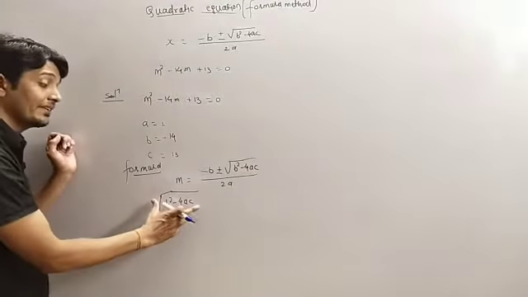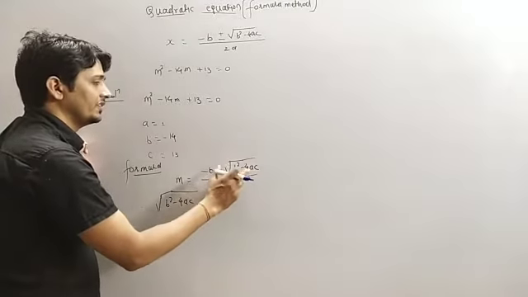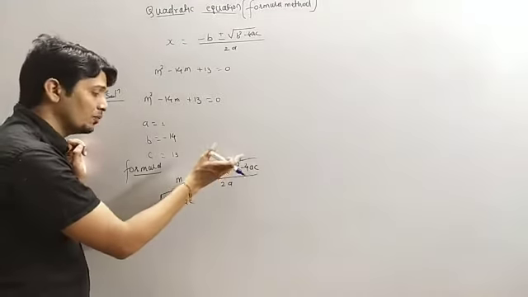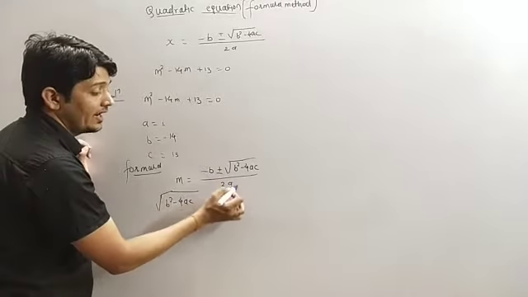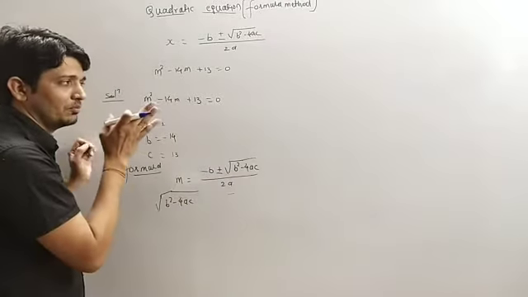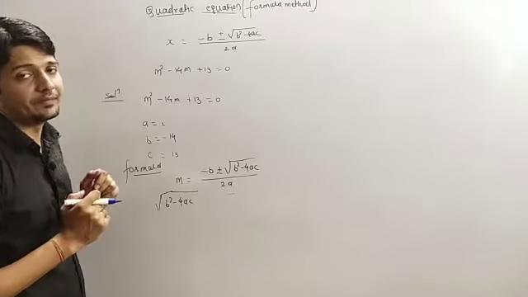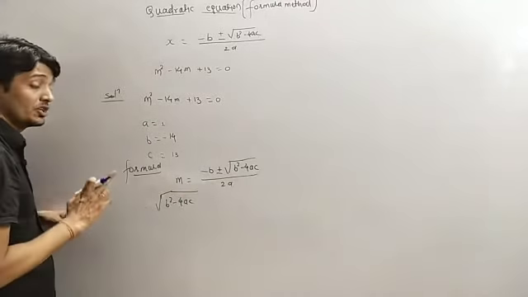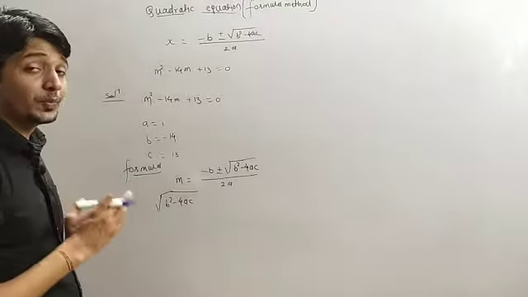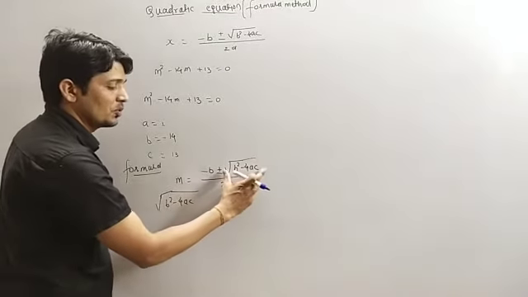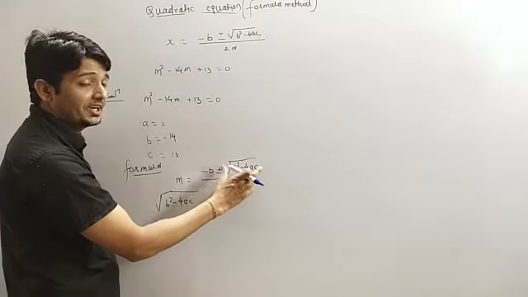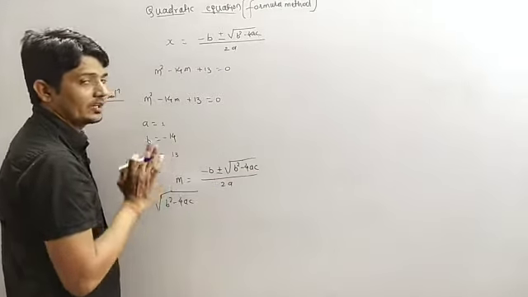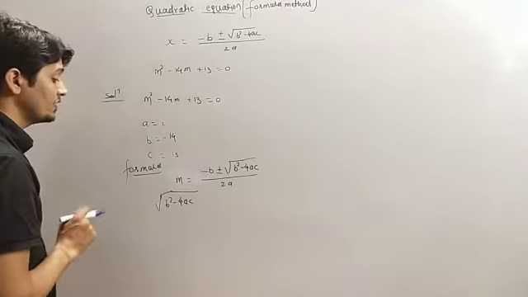So we will find its value first, then put it here, then we can solve. Because if we solve with the whole expression, we have to write this portion again and again, so the solution will become lengthy and take more space. That's why we solve this portion first. Then we will place the value of b square minus 4ac here and solve accordingly. So what is b square minus 4ac?